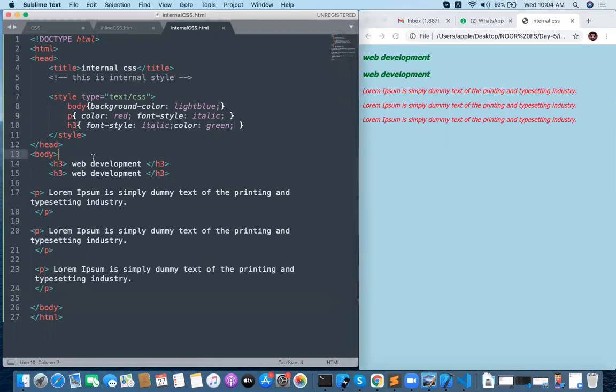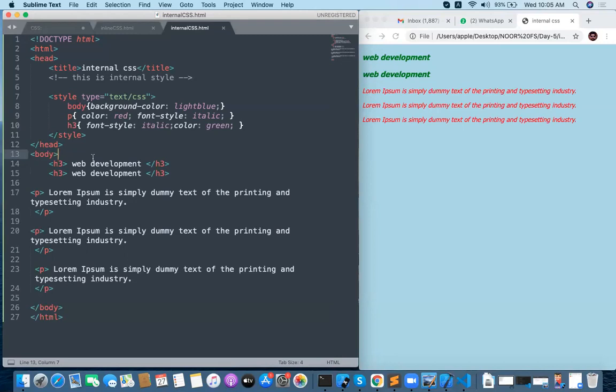Later on, I will go with the class concept. I will give you the class concept, ID concept, and the tag concept. That is called selection: how to select a specific element from the HTML, I will tell you later. But you can understand how to write inline CSS, internal CSS and external CSS in this class right now. Got it, how to write internal CSS?